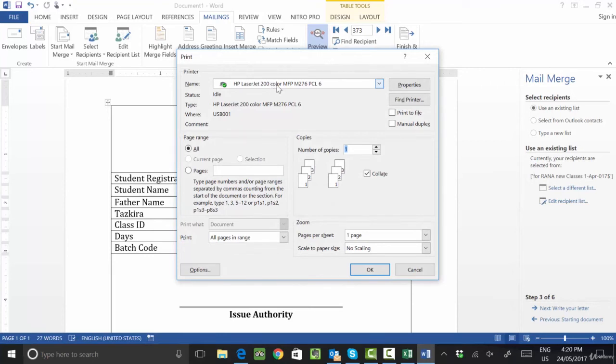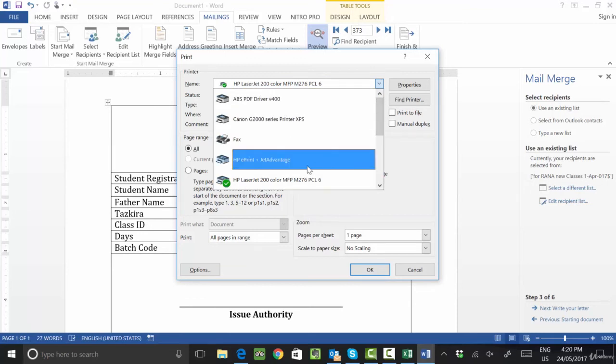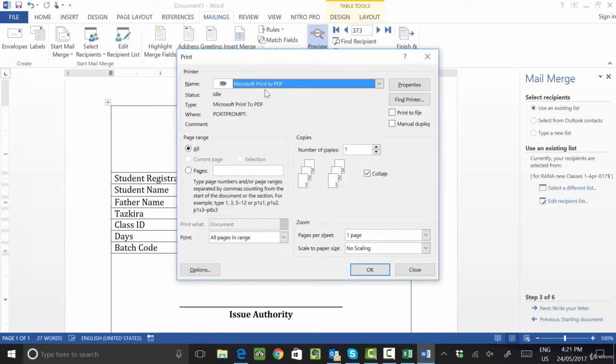Okay, clear? So now this is my printer. If I click OK, my printer will start printing 1 to 100 in serial order. I will show you how. Suppose right now, in every computer for testing in Microsoft Word, we have one printer installed which is called the PDF printer, Microsoft Print to PDF, this one. Through this we can check whether it will print in serial order or not when we do the printing. So select this printer, Print to PDF, and click on OK.